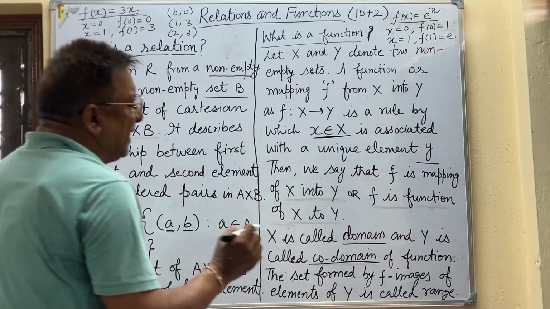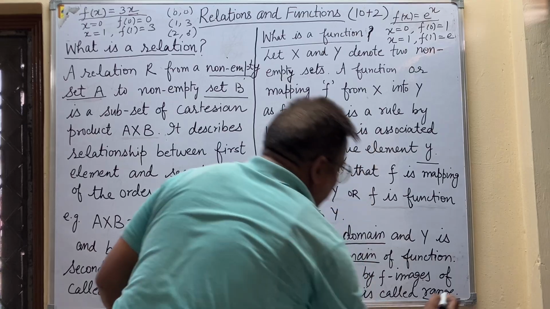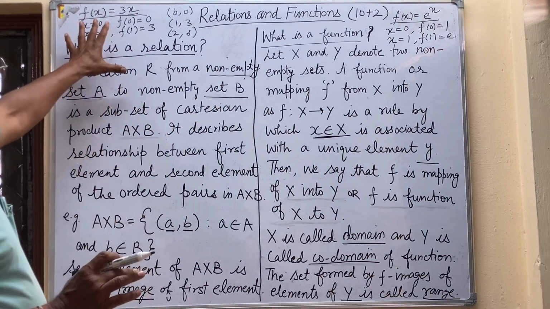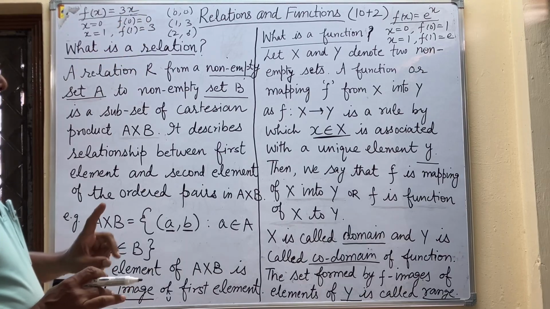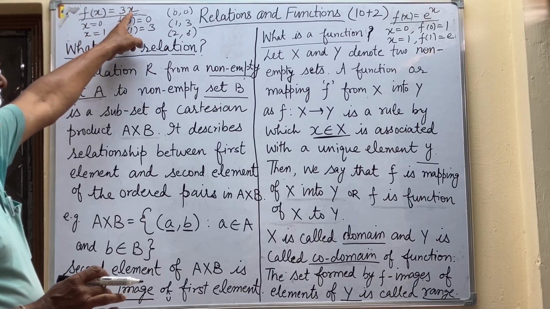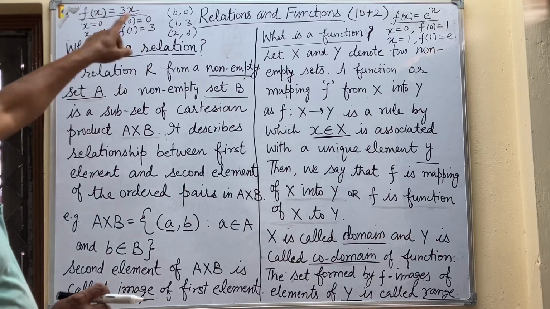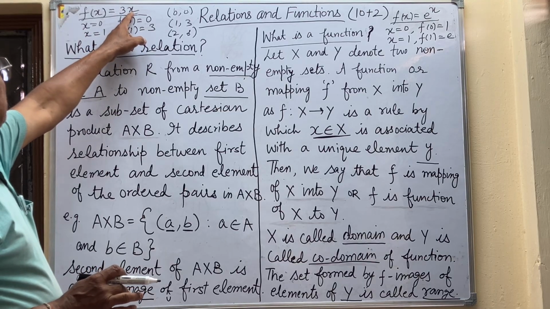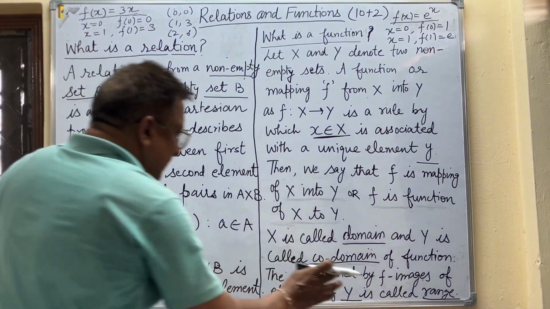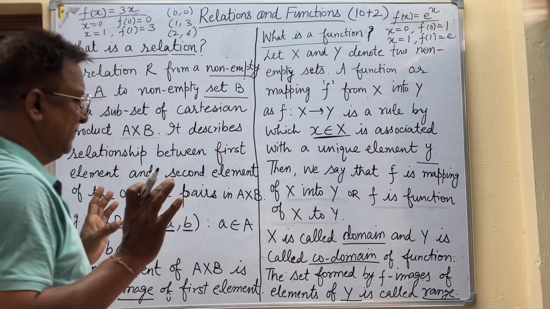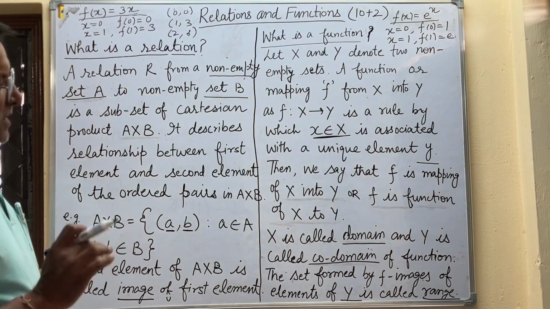The set formed by the images of the elements of X is called range. What is range? Suppose we are given substitution values 1, 2, 3, 4, 5. Now range is up to 3 multiplied by 5, that is 15. The maximum number that can occur is 15. Suppose we are given values up to x equal to 10, then 30 also will be there. It means range is a part of the codomain. Range is a subset of the codomain. And I am sure you understand this point.